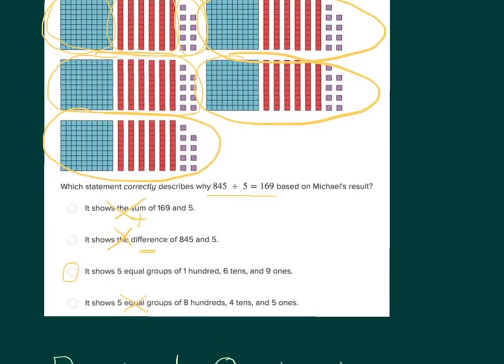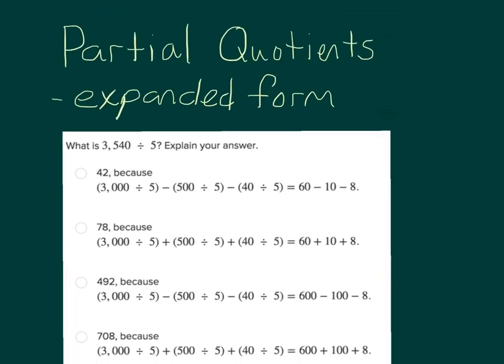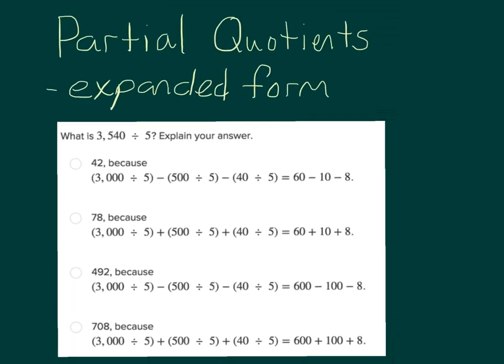Okay, let's look at the next model. Partial quotients. There's two different ways that they're using partial quotients. They're using an expanded form one, which we'll look at right here. So let's talk about that. What is 3,540 divided by 5? Okay, so in the expanded form, you're going to try to divide